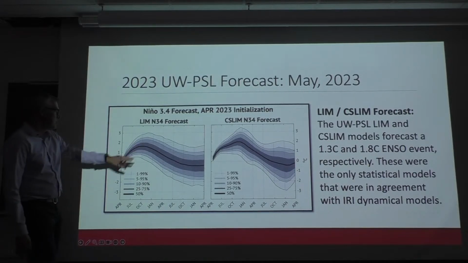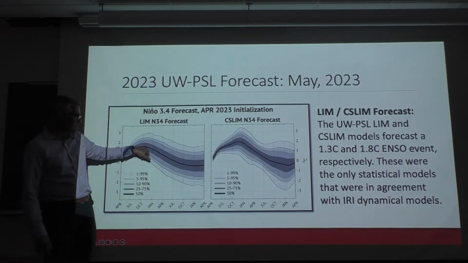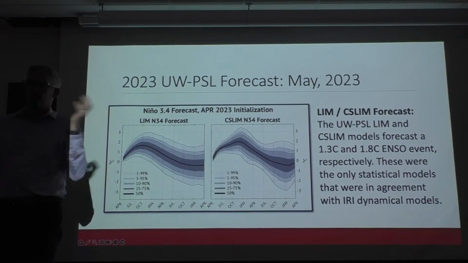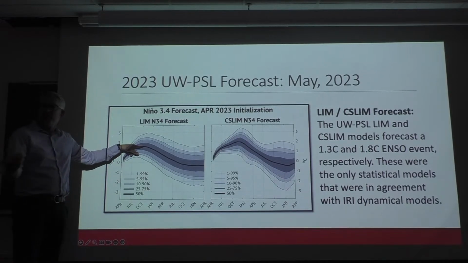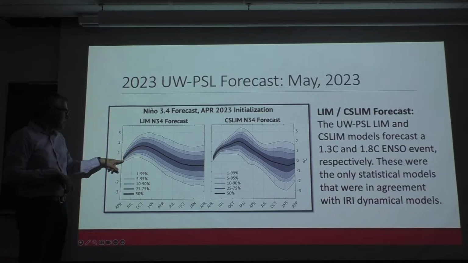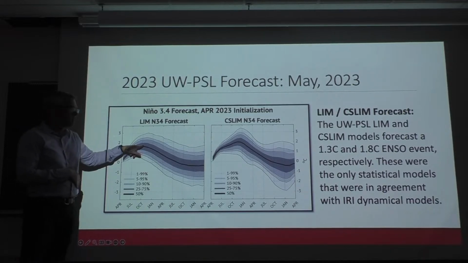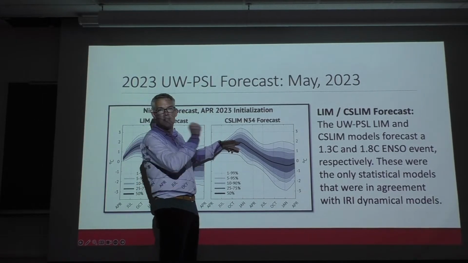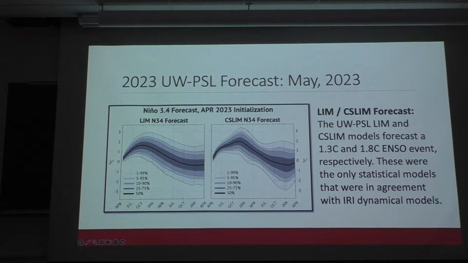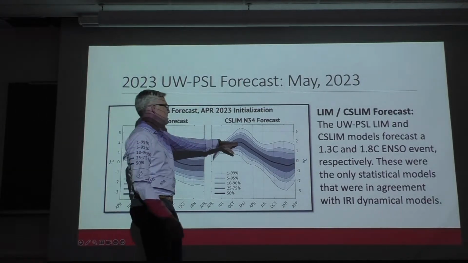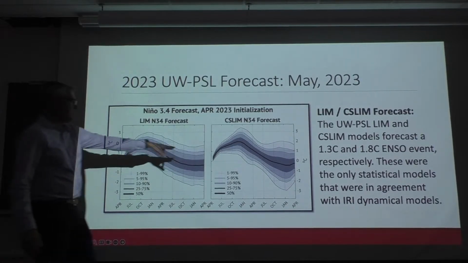This is a forecast of the Niño 3.4 index, and I've got to explain this. I'm going to see this curve over and over again here. This black curve is the average of a whole bunch of runs of this thing. So that would be the official forecast, the equivalent of what would be on that previous slide. And so the linear inverse model forecasts a 1.75 degree ENSO event. And if I use the seasonally varying model, it forecasts a 2 degree ENSO event. And I've got to drop that a little bit. So a 1.3 to 1.8 degrees Celsius event, because the climatology used here is slightly different than the climatology used in the IRI forecast. But as a reminder, that 1.8 degree event